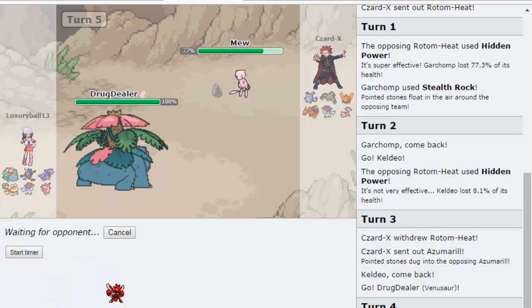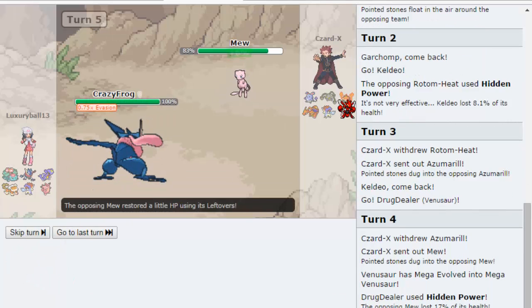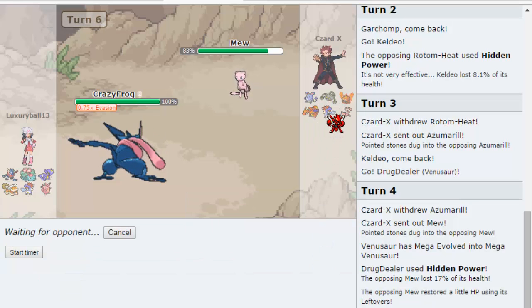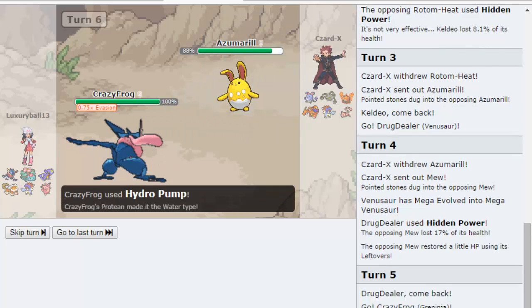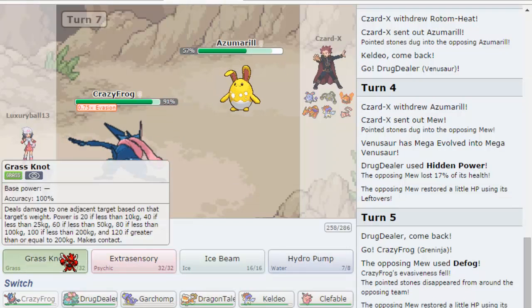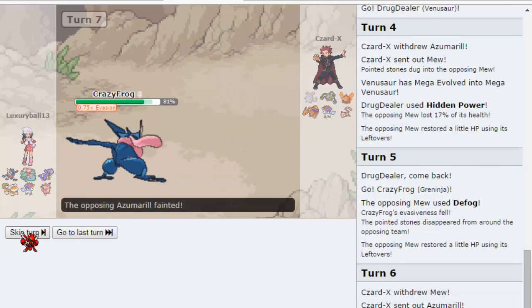So he's gonna go into my Greninja, as he does go for the Defog. That's fine though. I will be able to get off a tag, and he doesn't really have a switch. I think that the Azumarill is more offensive, because these two seem to be the defensive ones, the Ferrothorn and Mew, as he does go into Azumarill. And last time did 40, and that was an Assault Vest one, so I think this should be able to KO, and it is. So as it goes down,